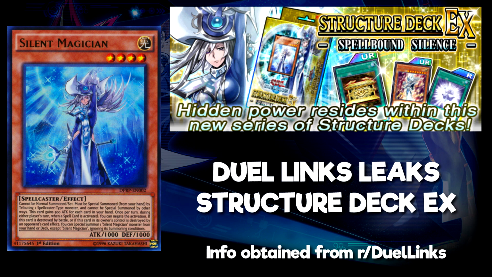So let's start off by reading its effect. It cannot be normal summoned or set, and must be special summoned from your hand by tributing one spellcaster type monster, and cannot be special summoned by other ways. Now, this is actually super easy. You can simply throw down any spellcaster monster, tribute it to get Silent Magician on the field,